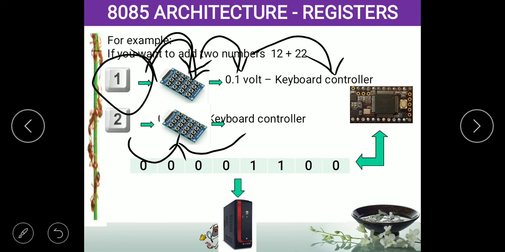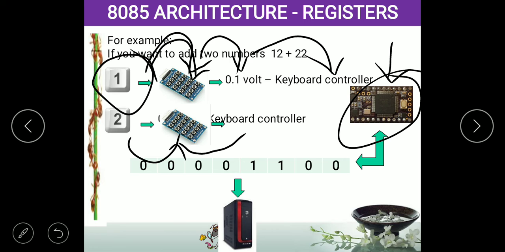The controller will accept 0.1 volt and 0.2 volt. In the controller a program was already written such that 0.1 volt is the decimal number 1 and 0.2 volt denotes the decimal number 2. So the keyboard controller understands that we are receiving the number 12.